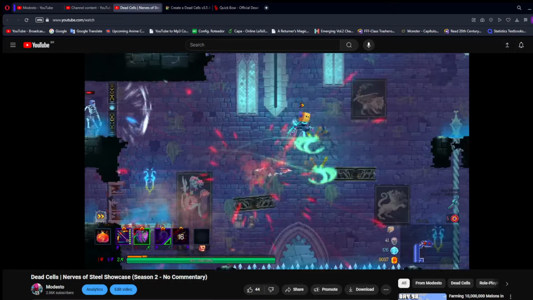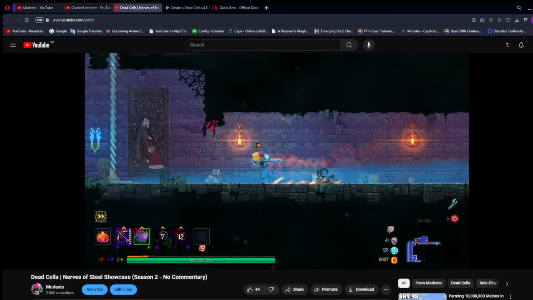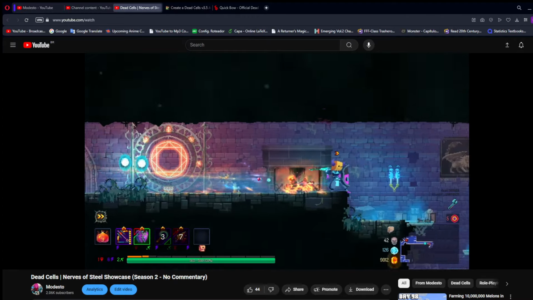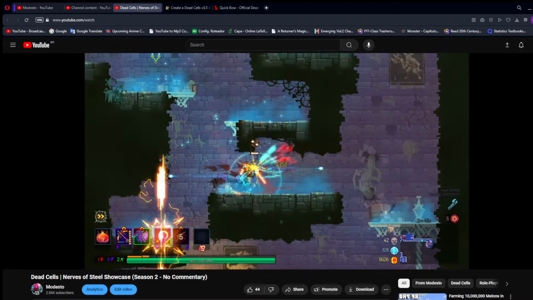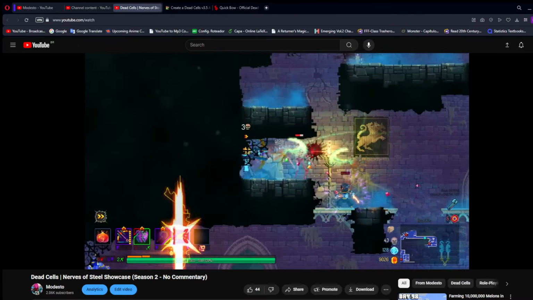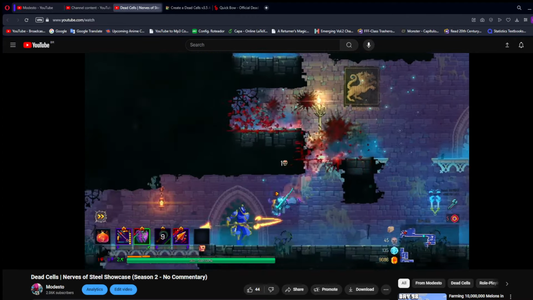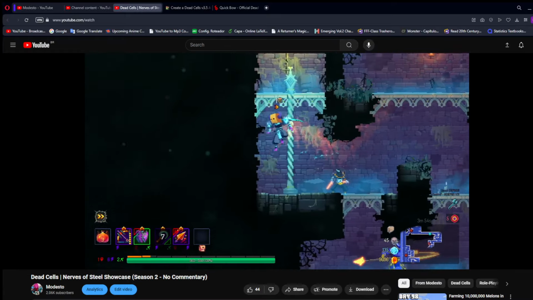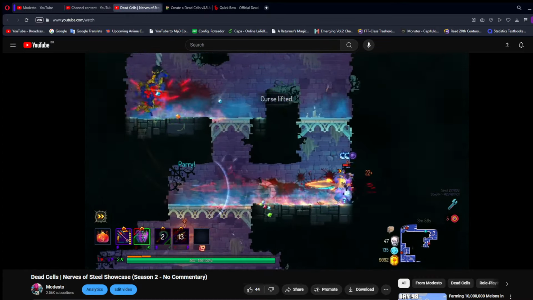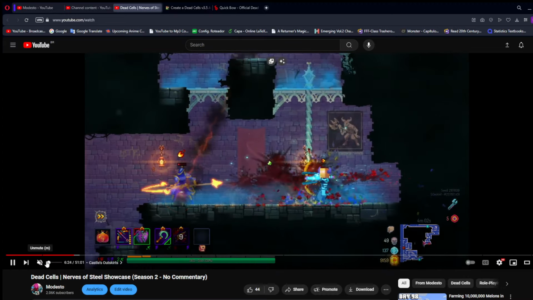Nerves of Steel is part of the series of weapons that are kind of difficult to use because there's a timing mechanic associated with it, but it's so incredibly easy. It's not like the Buzuki, where you kind of have to learn the pattern of the Buzuki. With this, you just need to shoot as soon as you hear the noise that it makes. Since this video is no commentary, I'm gonna